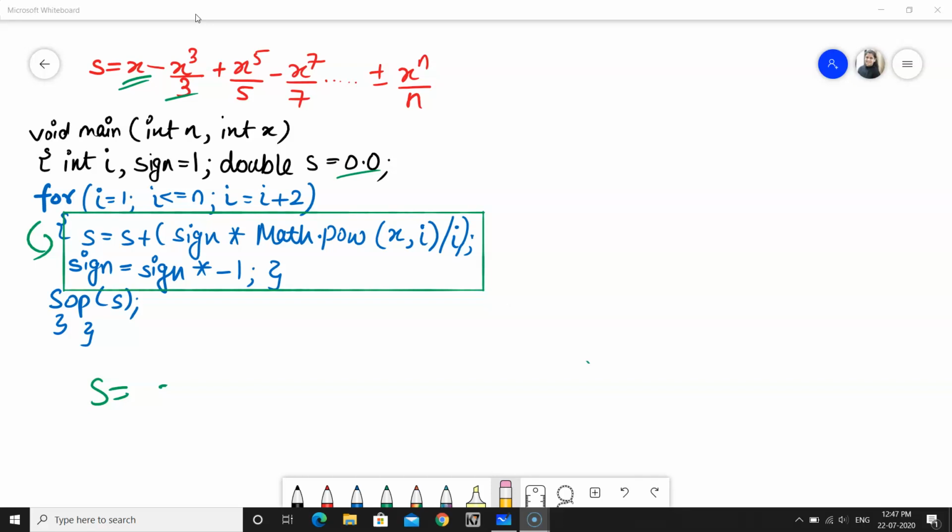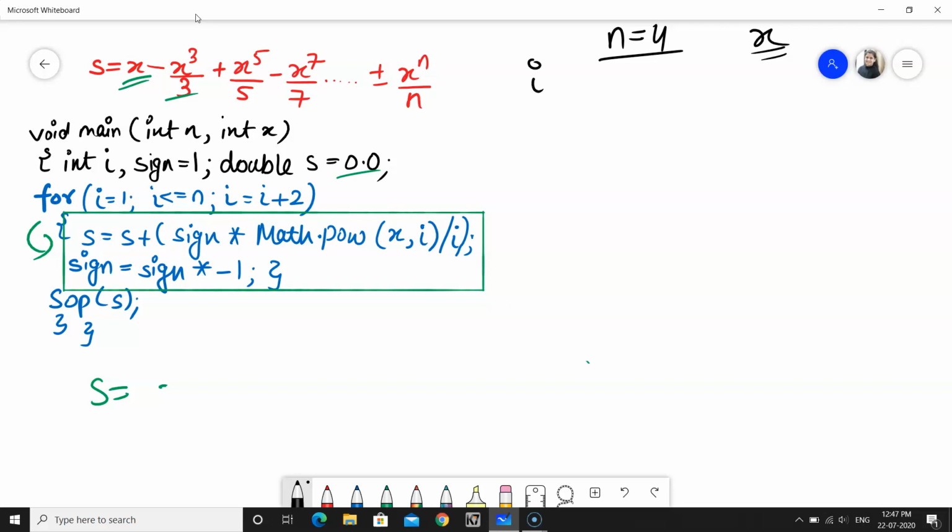In this, we will be taking two parameterized inputs, n and x, because we have to know the value of x also. So let's say I want to print n terms. For the n terms I just put the value of n equal to 4. Let's take it very easy, 4. And let's say the x value the user will input later on, but we have to just print the series.